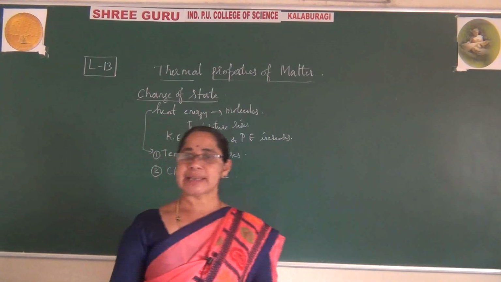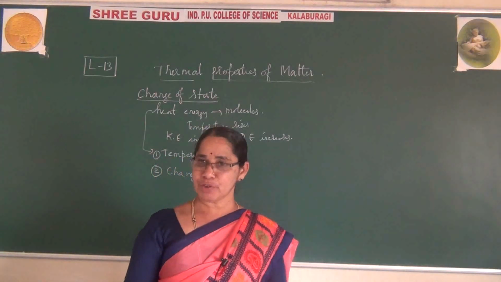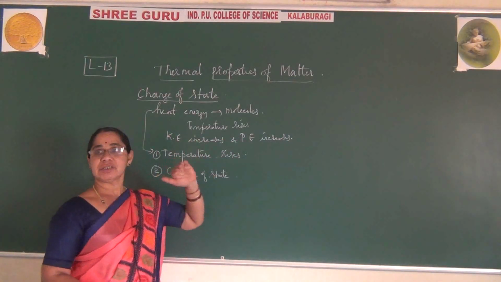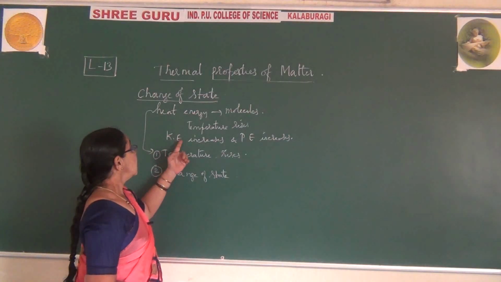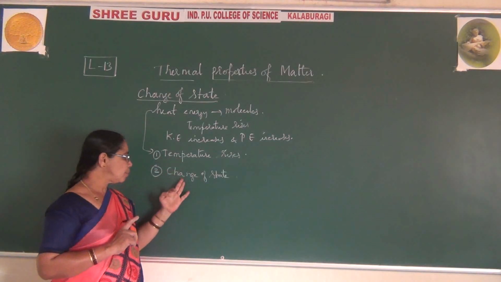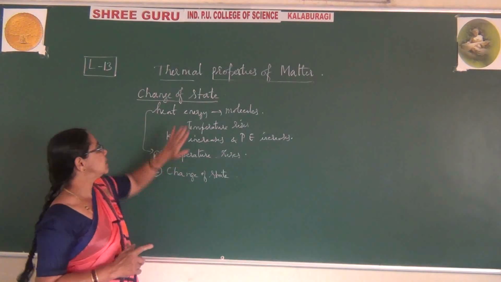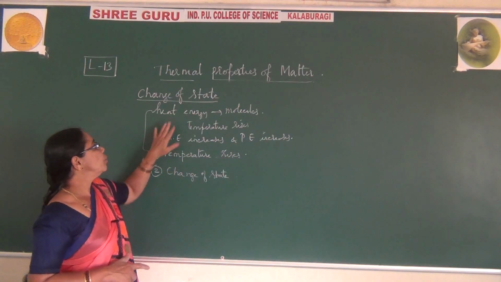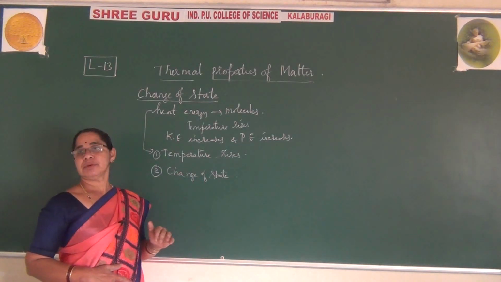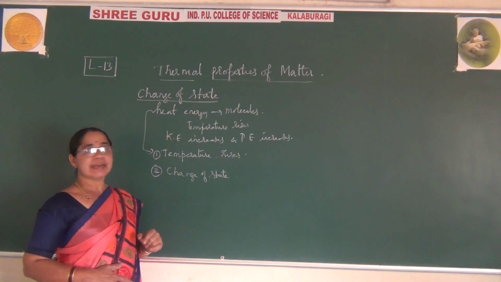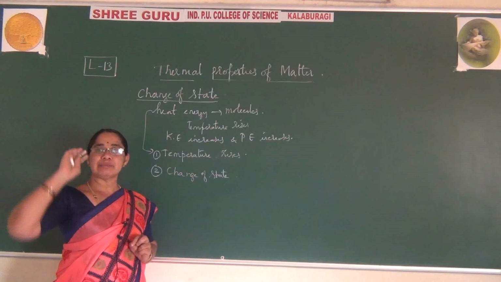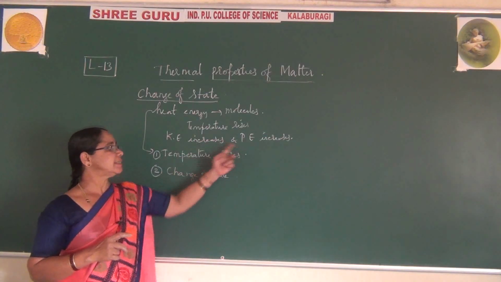This I said, you learn in the next chapter, kinetic theory of gases. There you learn about what kinetic energy is, and potential energy also increases. Now, first point, temperature rises; second point, change of state takes place. These are the two steps followed when heat energy is applied to the molecules. When I say temperature rises, it may rise from a minimum temperature to a maximum temperature. At that time these possibilities take place.